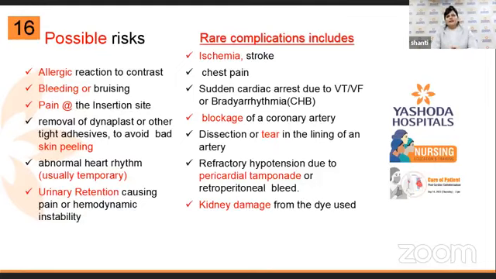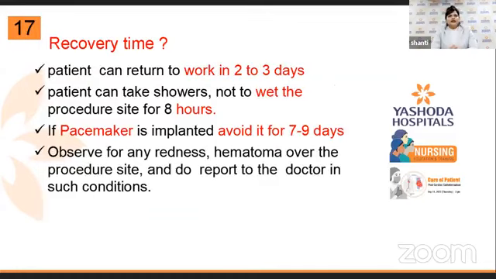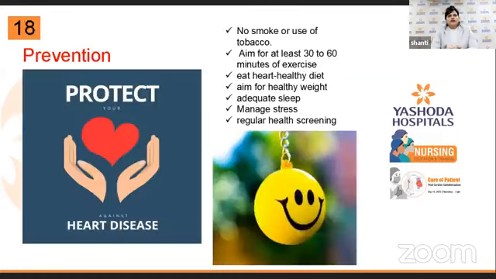Next slide, Kalpana. I think we have come to prevention and the conclusion. For the conclusion we would still like to hear from you. But for prevention, protect your heart: no smoking or use of tobacco, aim for at least 30 to 60 minutes of exercise, avoid an inactive state, eat a healthy diet, aim for a healthy weight,